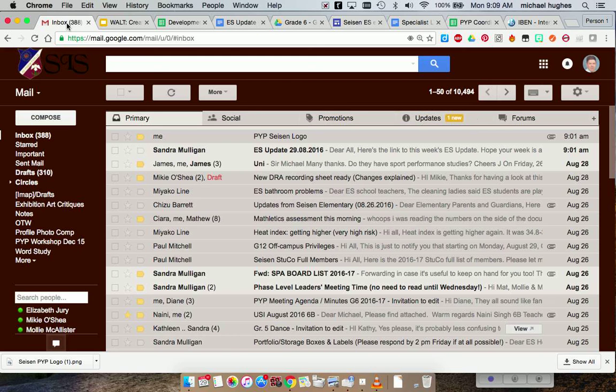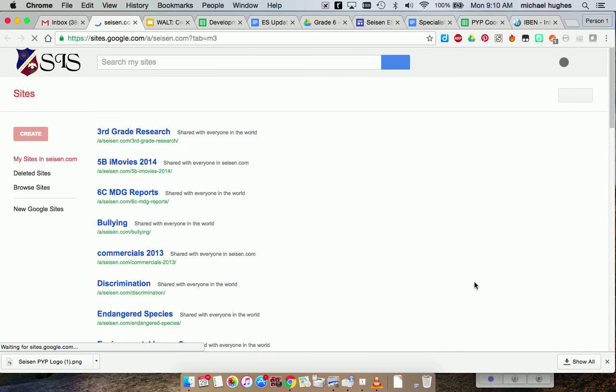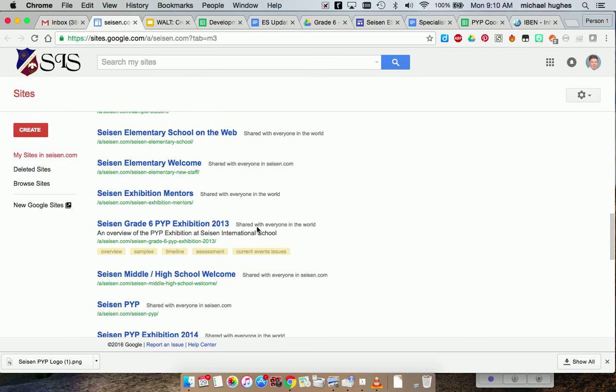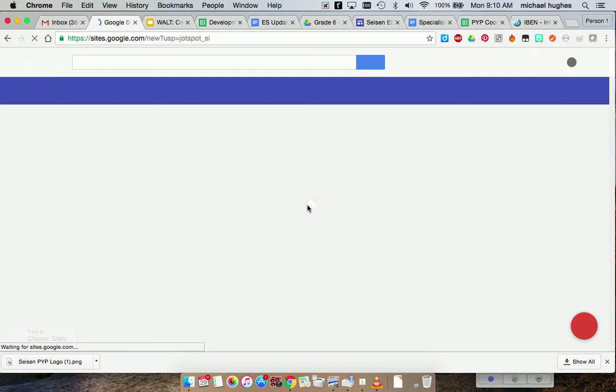So the first thing to do in your emails, you're going to go to the Google Apps logo here and find where it says Google Sites. So there it is. If I open up that, now this is the old Google Sites, and you can see it's not very user friendly at the moment. So I'm going to click on this new Google Sites here, and when I click on that, I have a much cleaner